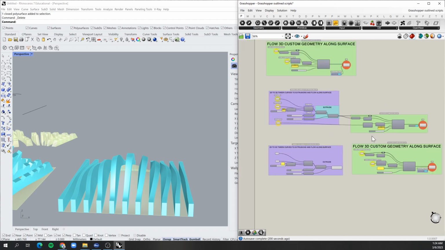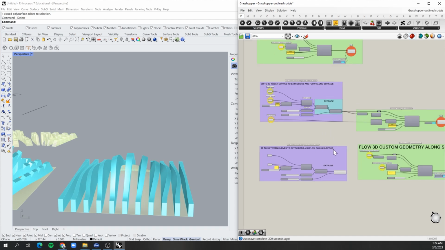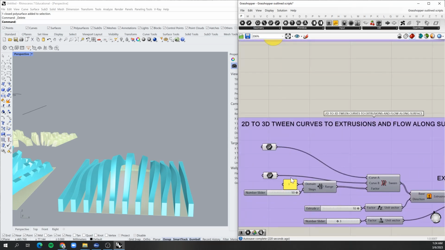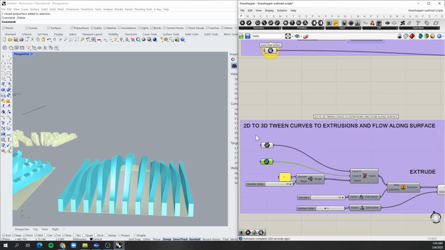And you can kind of connect scripts. It doesn't always work for everything, but for simpler scripts, you can just play around with how things may work with each other. I started with a 2D definition here, and because of that,